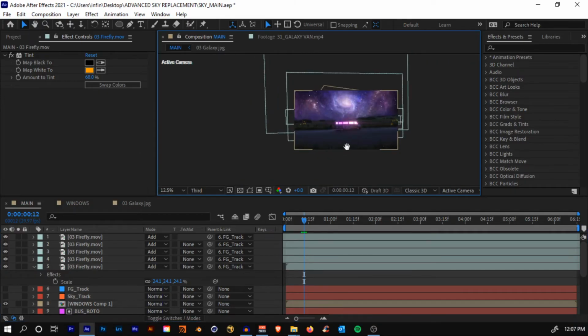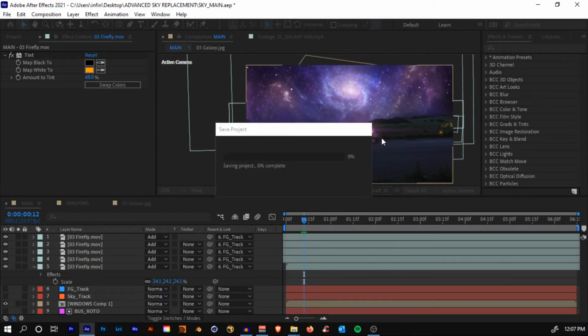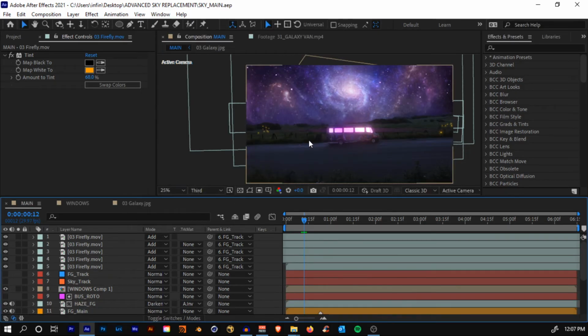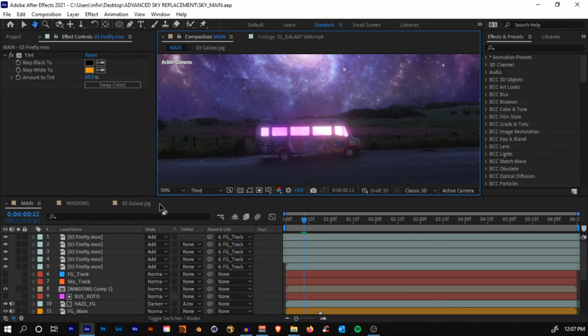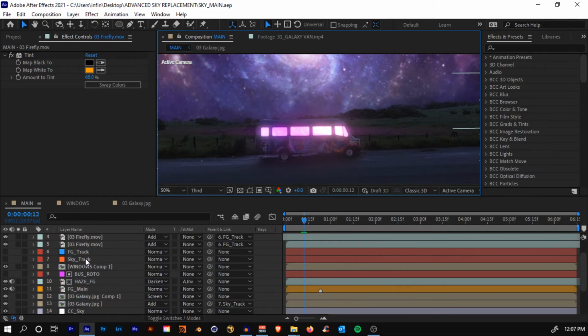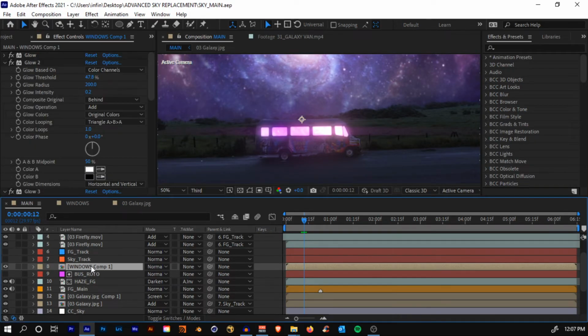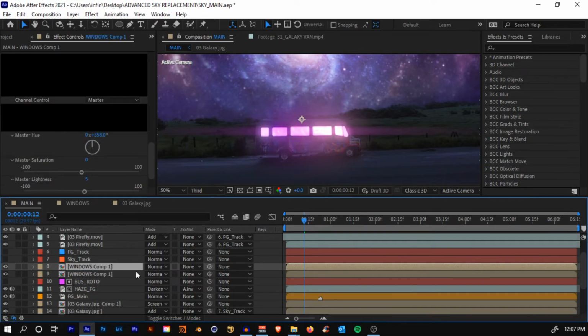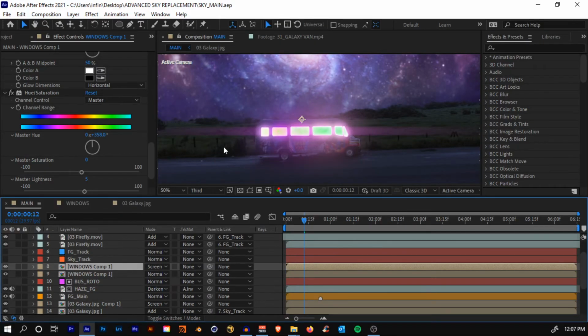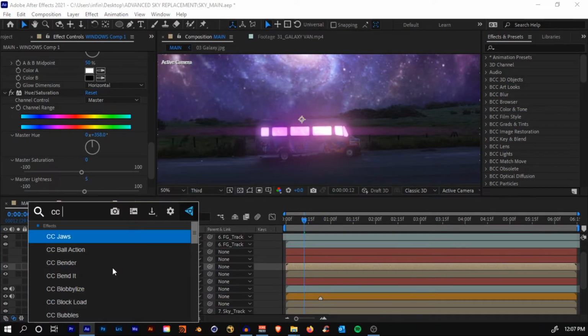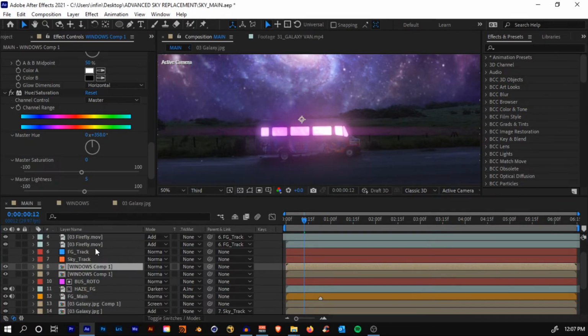Okay, this looks good. And about the headlight, yes, there's one more little trick that I want to show. If you come to the windows, if you hit Ctrl D and get it back to normal, add the effect CC radial fast blur.